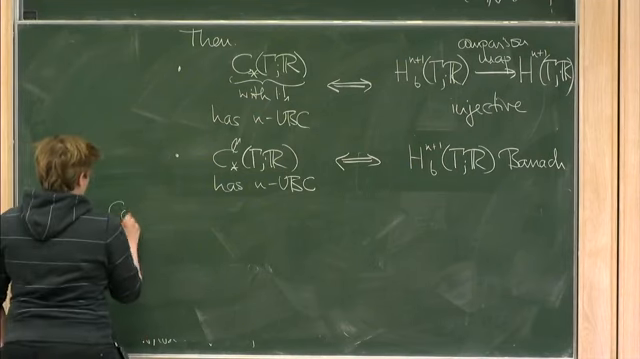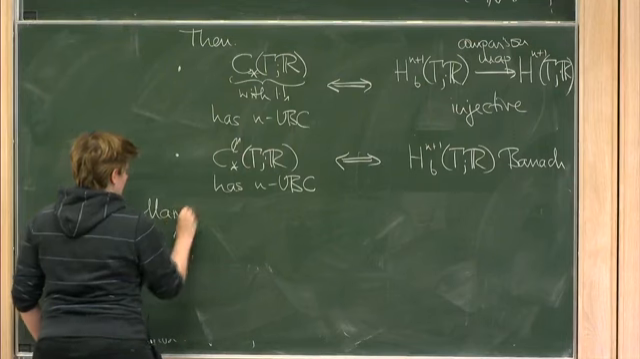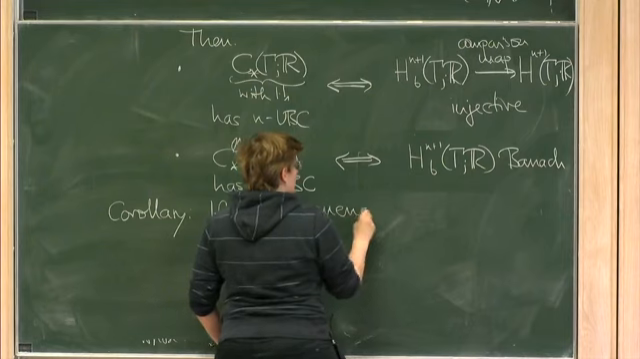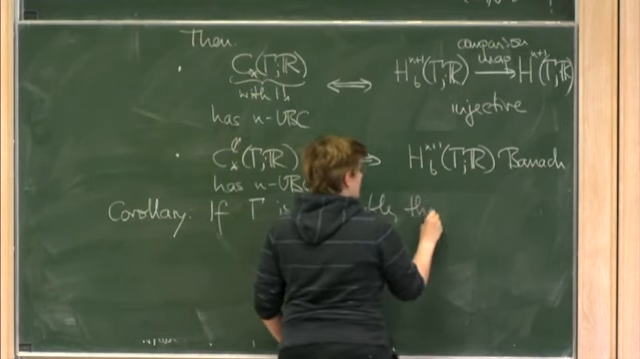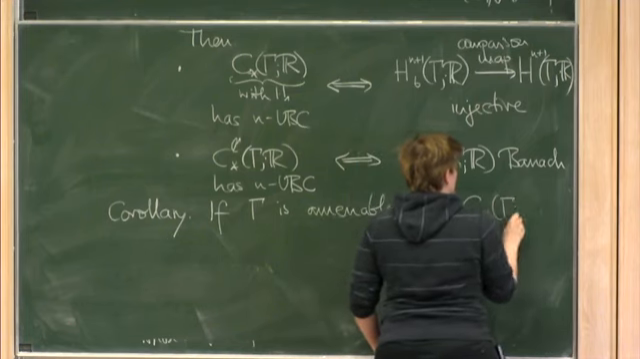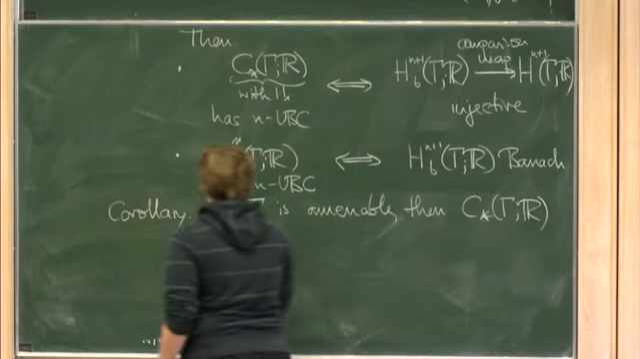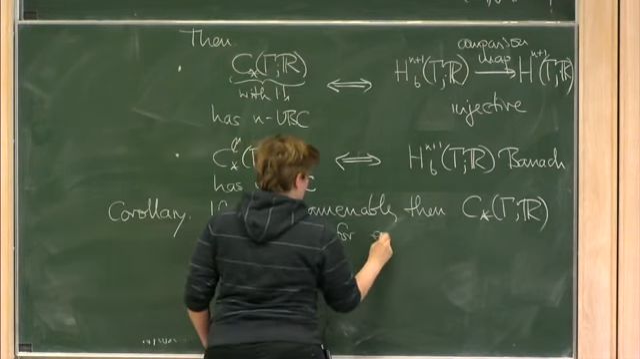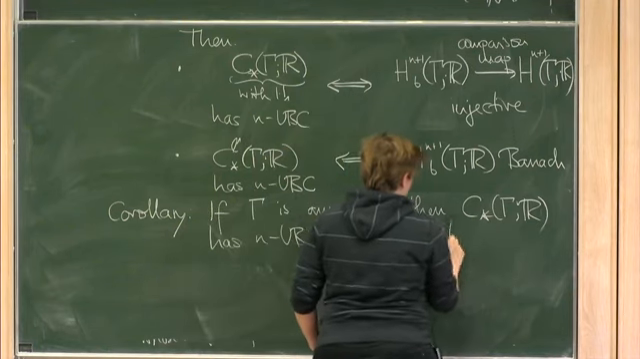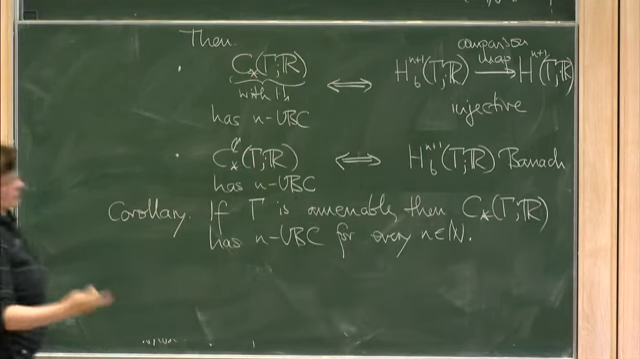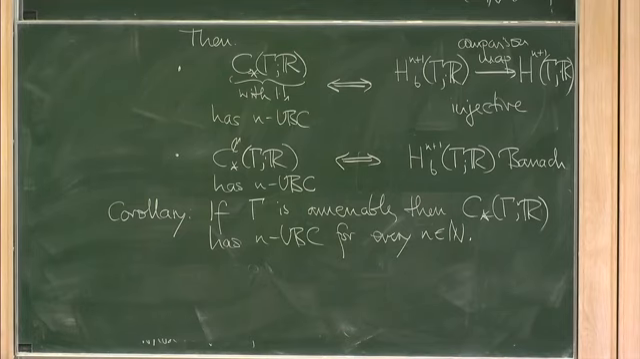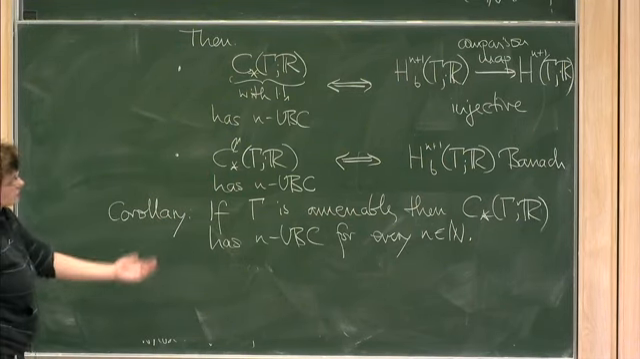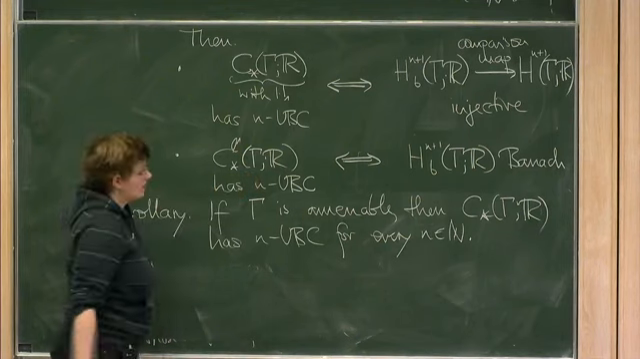So as a consequence, you get that if gamma is amenable, then this chain complex has n UBC for every n in N, just because bounded cohomology of amenable groups is trivial. So that's one consequence of this, but maybe it's not so striking because it's all in terms of all